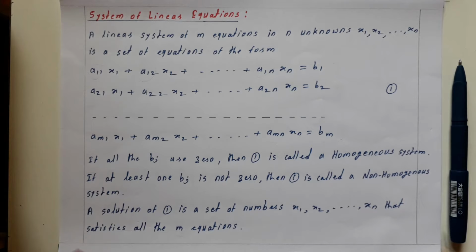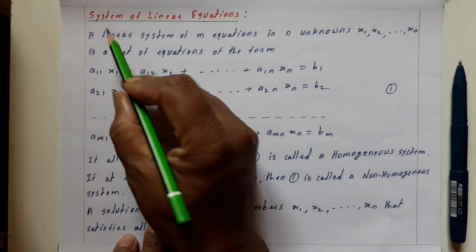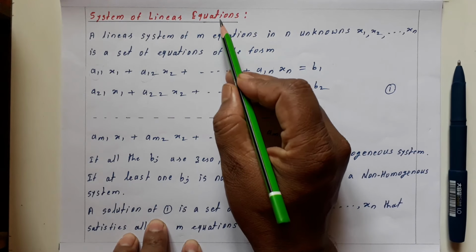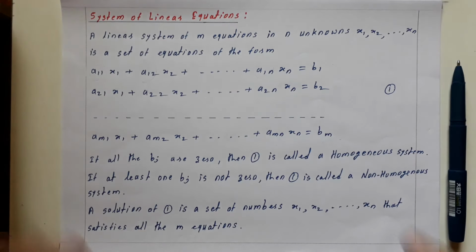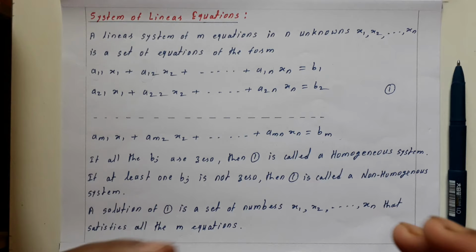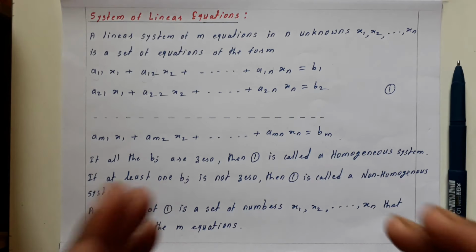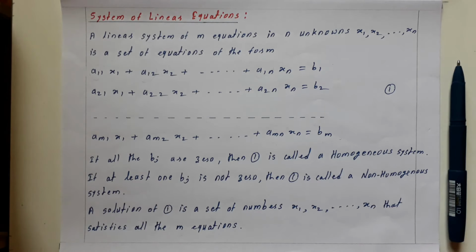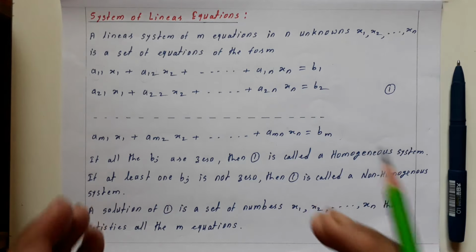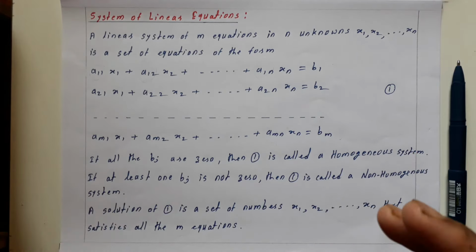The most important use of matrices occurs in the solutions of the system of linear equations. In the last lecture, we have seen how we can find out the rank of a matrix, and rank means the number of non-zero rows in the echelon form of the given matrix. Now today we will see how it is useful to solve system of linear equations.